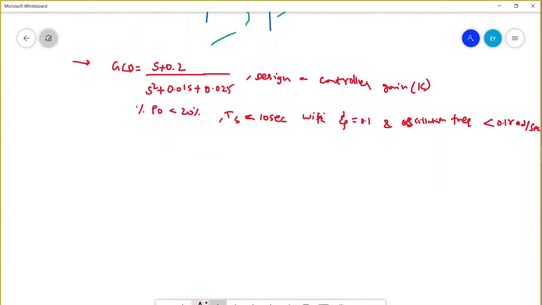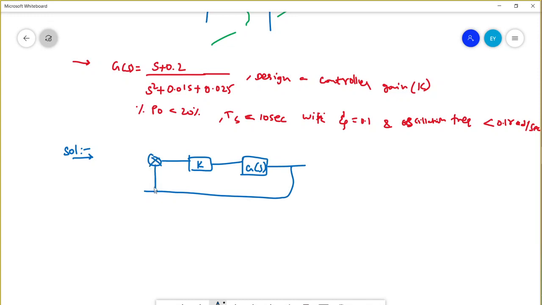So for example, this is the open loop system they mentioned. We have to design the k value for g of s with unity feedback, with input r of s and output y of s. If you substitute g of s and k in y of s by r of s, what you will get is